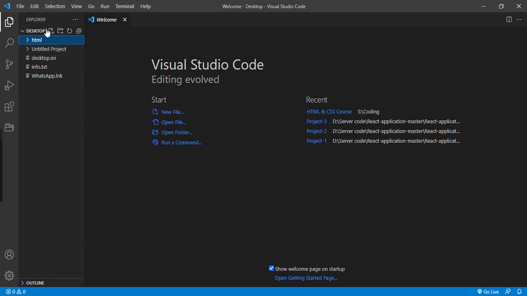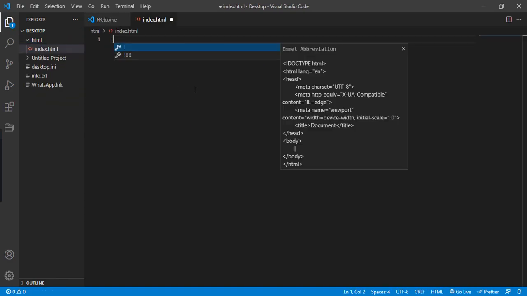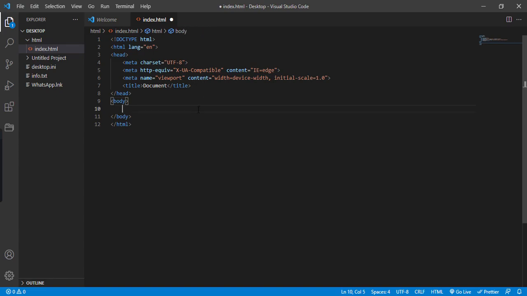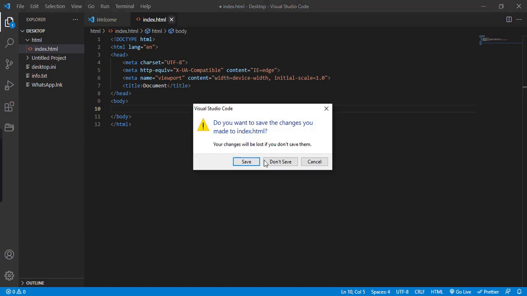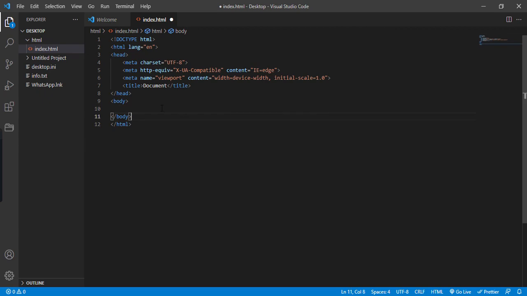Let's click on there and create a file index.html. So you can see the advantage of Emmet. We just put an exclamation sign and press tab. It creates your boilerplate template. So this is the advantage of Emmet, and it is really most powerful and most developers use it. It saves you a lot of time.